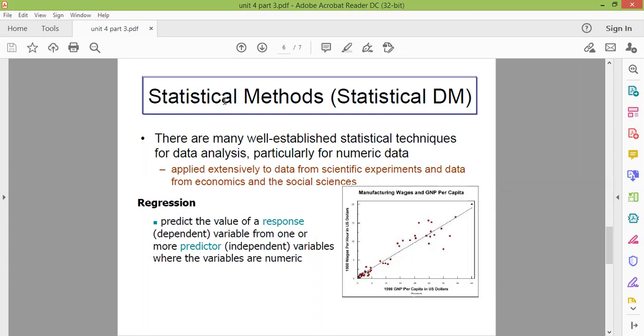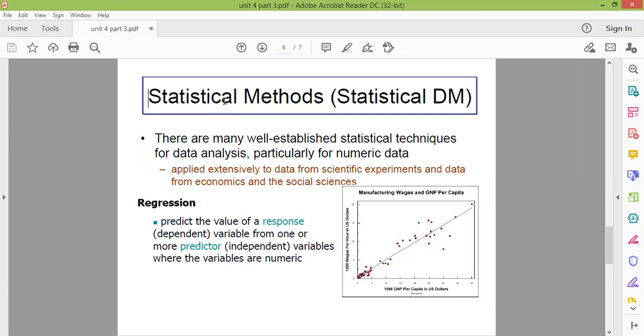In regression, there are many types of regression. Where the dependent variable is single and the independent variable is also single, we say univariate regression. And if there are many variables x1, x2, x3, the equation becomes a higher-order equation, and for that purpose you have multivariable regression, where the equation changes, like y equals ax1 plus bx2 plus c. So we have these different types of regression, where you find the dependent variable based upon the independent variables.